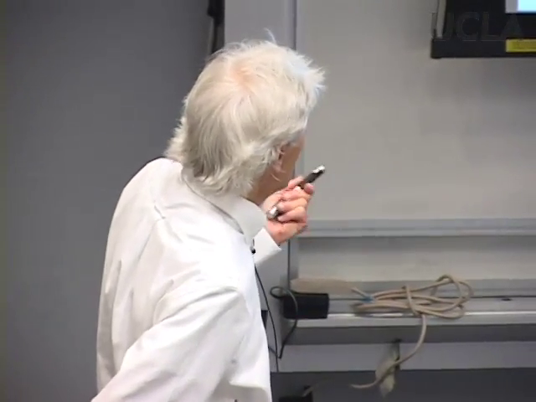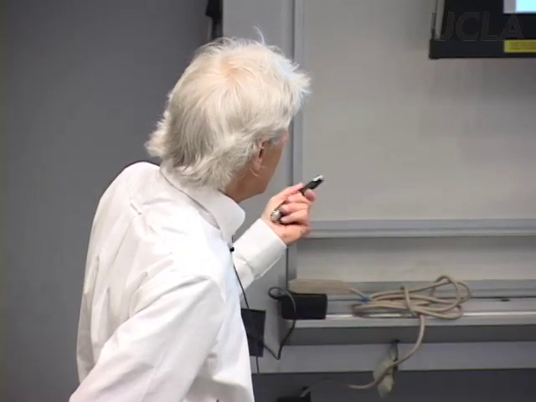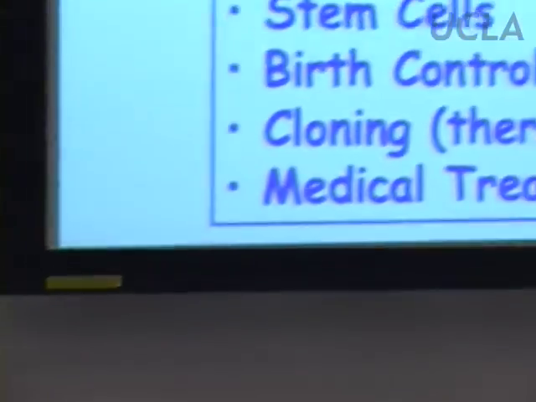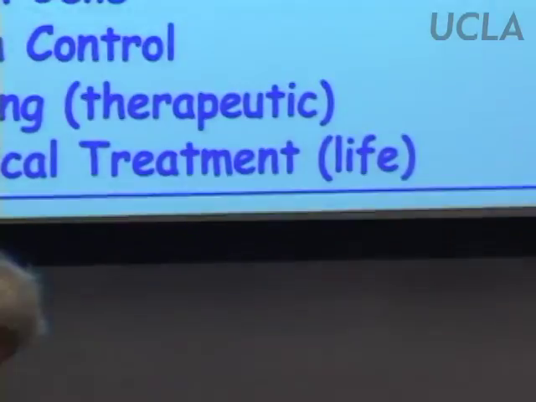But they deal with reproductive rights. And they deal with reproductive rights, as I'll show you at the end of this lecture, under the right to privacy and some really interesting case law that I'll share with you. But the point here is procreative choice, in vitro fertilization, stem cells, birth control, cloning, reproductive and therapeutic, and medical treatment. All of those things are rights under the 5th and 14th Amendment to the Constitution, particularly this thing called the right to privacy, which is not in the Constitution, which is an interpretive right that I'll get into in a few minutes. We've talked about slavery. I don't have to get into that at all. So the issue then is